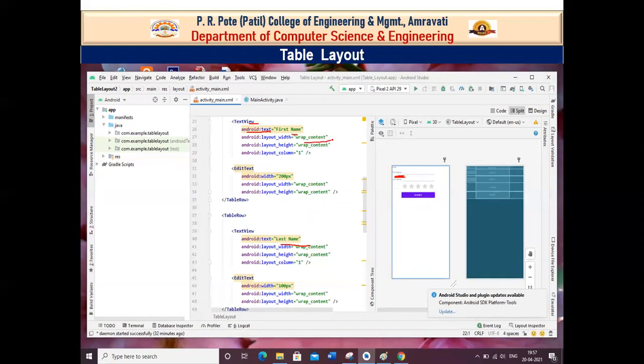Again, wrap content, that means it adjusts its dimension according to its contents. And column number 1. So this first name comes under column 1. After that, we have another text view, that is last name, and this last name also comes under column 1. So this is your last name and this is your first name.